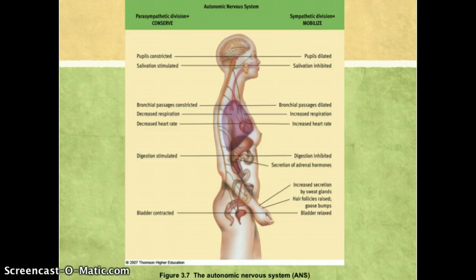Now the autonomic nervous system changes over to the sympathetic division or sympathetic mode if there is a perceived danger. So let's say a tiger walks into the room. Your autonomic nervous system would automatically, without your making it, turn on processes in the body designed to help you either fight or run away. This is the fight or flight response.